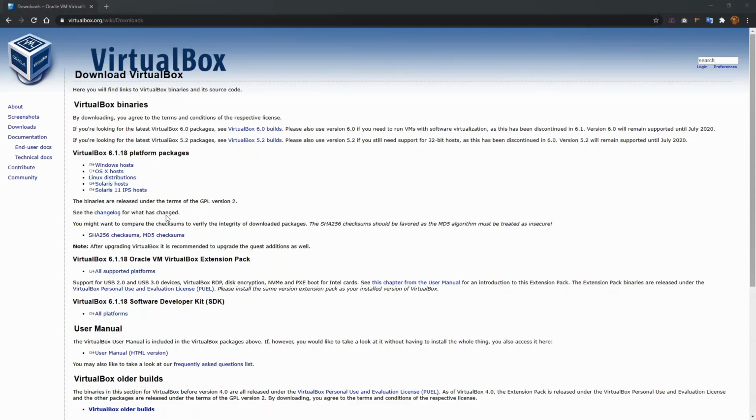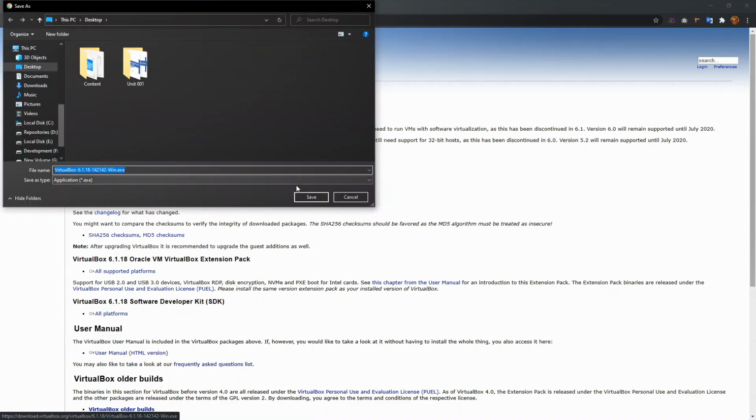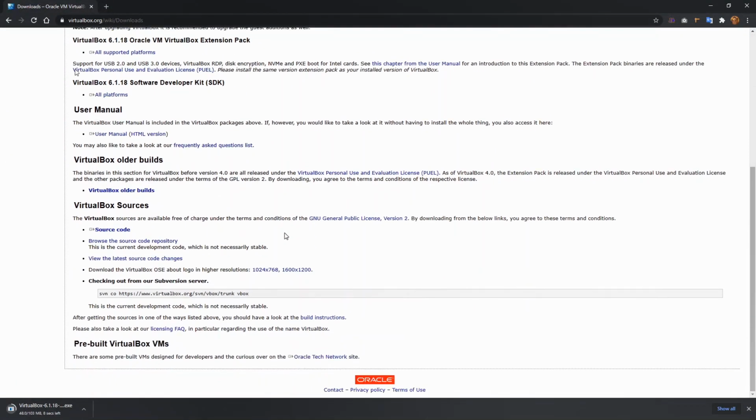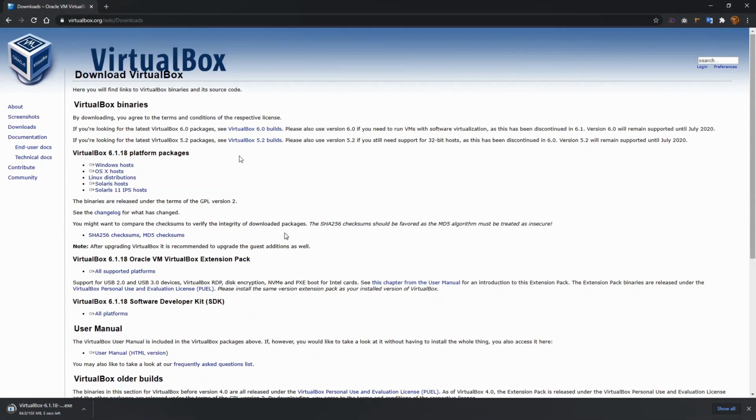right? So I'm using Windows here, so I'm going to download the VirtualBox package which is compatible with Microsoft Windows, right? And I'm talking about this Oracle VirtualBox. So VirtualBox is offered by Oracle, and it's a free and open source software which is used for virtualization, and it is developed by Oracle,